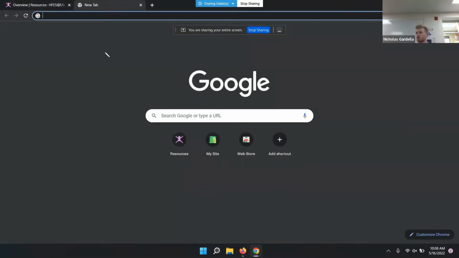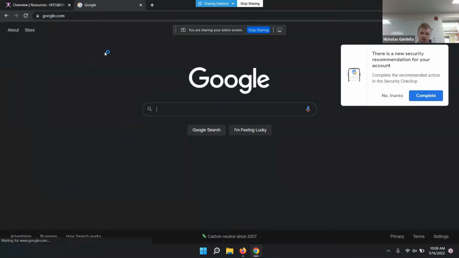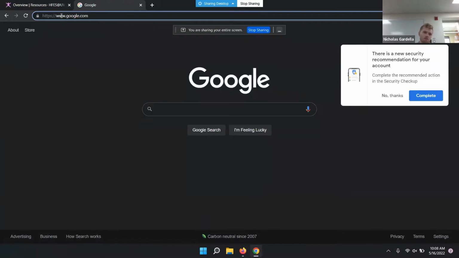So when you go to a website like google.com, you've just entered a domain name, www.google.com, and you're just asking the universe for whatever google.com is. And so you know that when you ask for google.com in your web browser, it's going to bring you the search engine that you're used to. So you could do that for all the sites, you know, Instagram.com, Facebook.com, and you may be used to seeing things like this www dot,